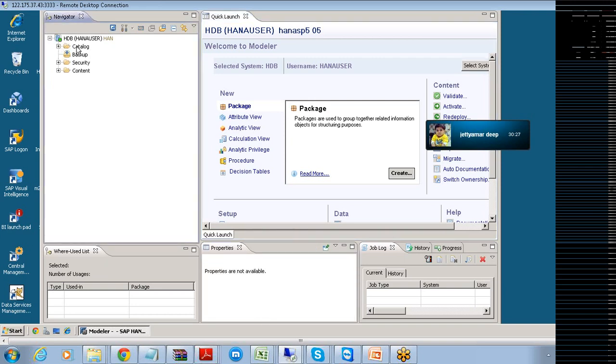Once that catalog is created, we need to come up with a full-fledged modeling package. What exactly is that? It contains all the attribute views. It should also contain all the analytical views, meaning something like a star schema with one fact table. Then the next thing you are expected to have is the calculation views, provided you want to drill across multiple facts at the same time.